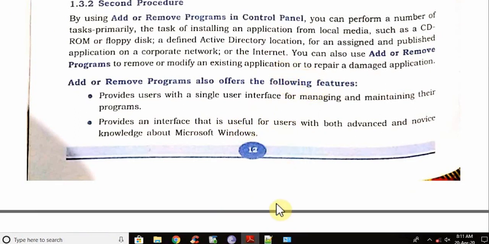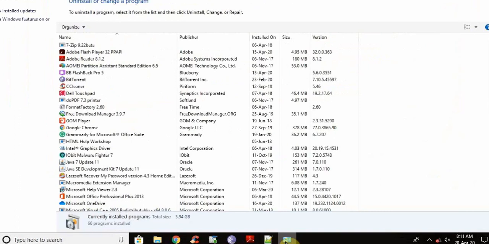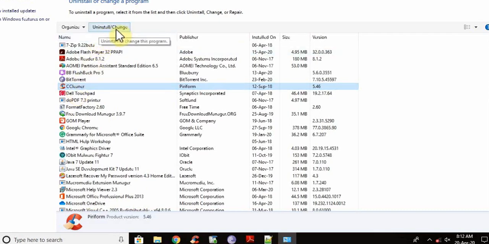Now if you want to remove a program, like suppose this is a program called CC Cleaner and I want to remove this. Now I will click on CC Cleaner. You can do with any other program, and here it is uninstall or change. Let me click on this. I have clicked on uninstall or change. You can see here written uninstall.